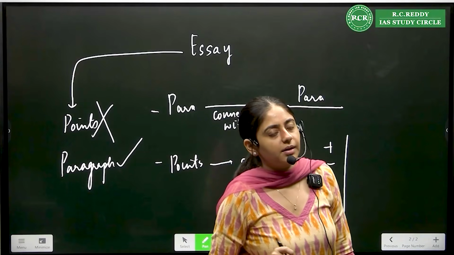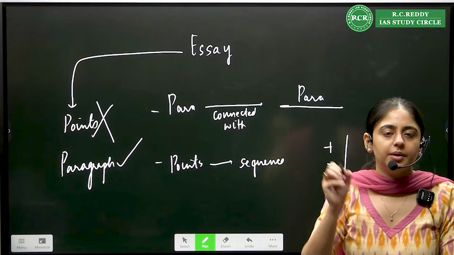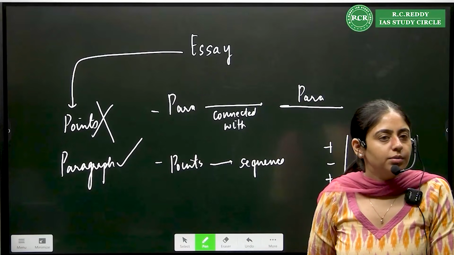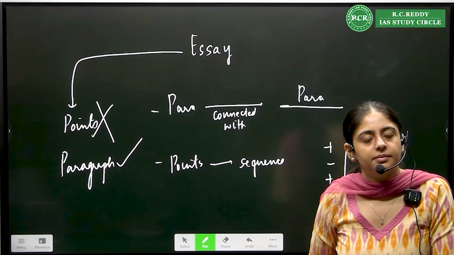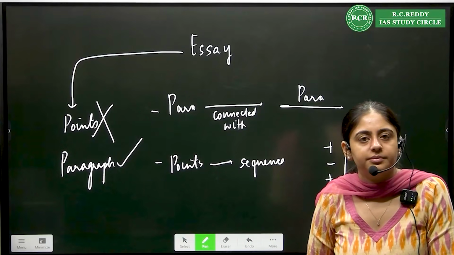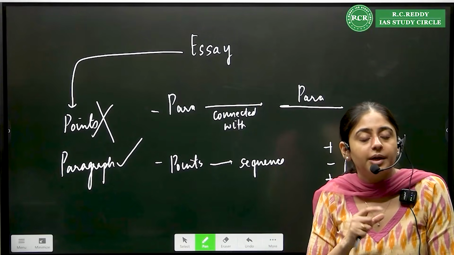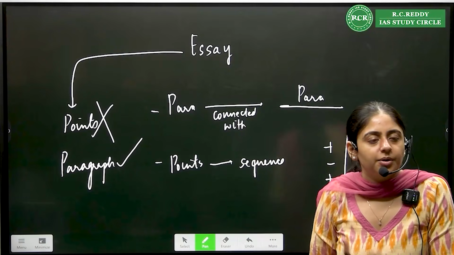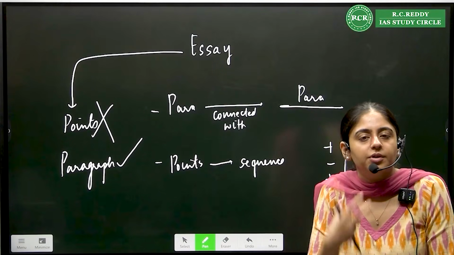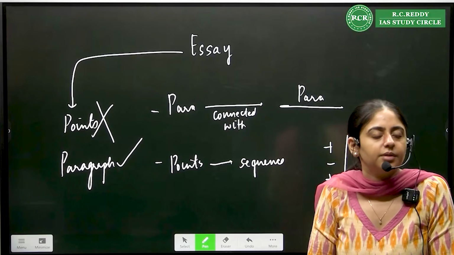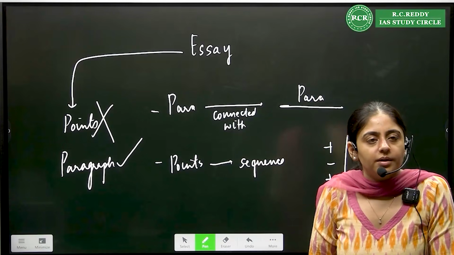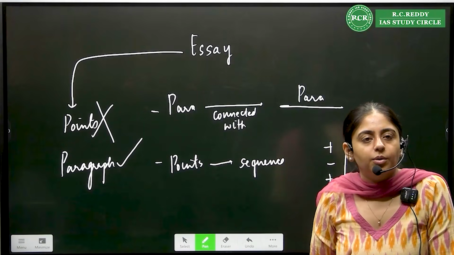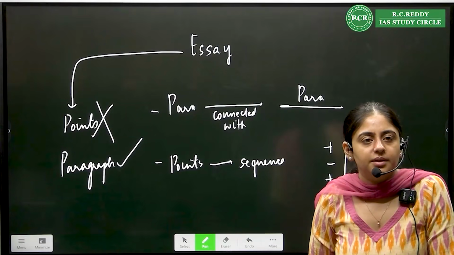Always and always in paragraph. You'll never find an editorial in a newspaper in points. Will you ever find a novel or a book in points? No. Essay is also the same thing. Whenever you express yourself, I'm not saying when you're writing an answer, when you're expressing yourself, essay is a form of creative writing. You're pouring in all your thoughts, whatever you think about that particular thing, everything you're writing in those words. So here, you have to write in proper, well-connected and coherent paragraphs, never in points.